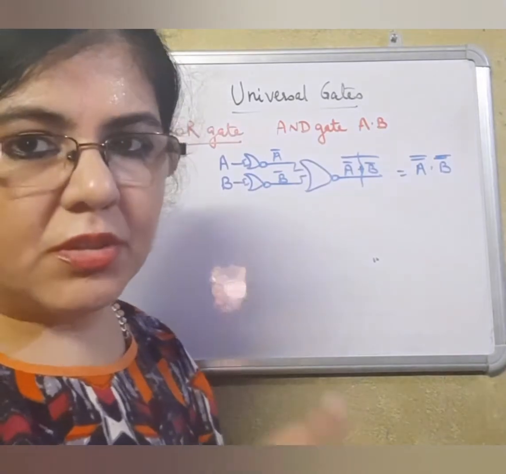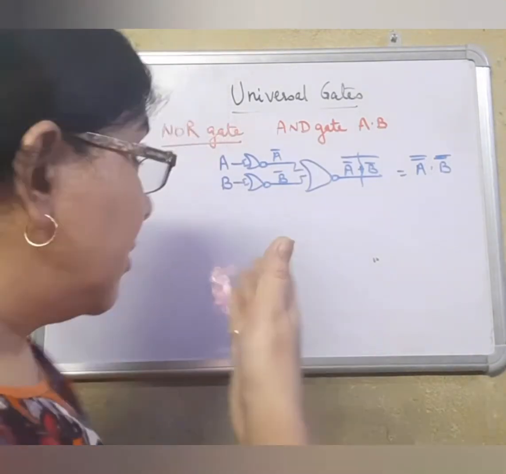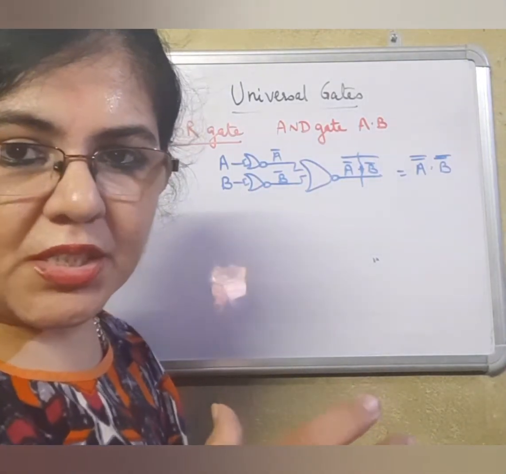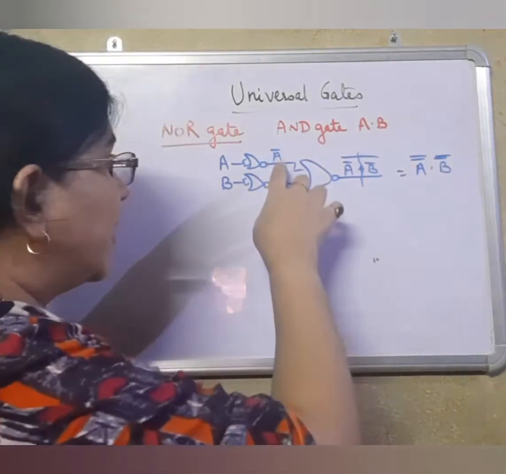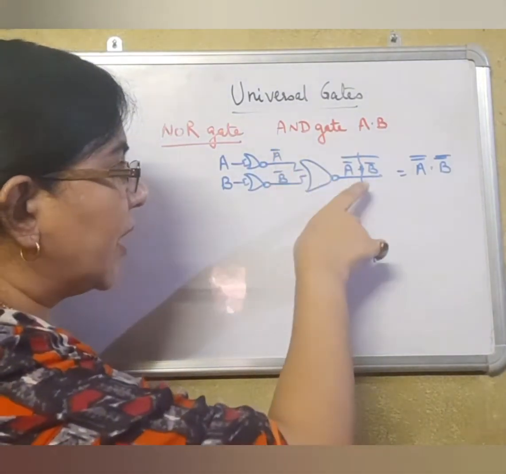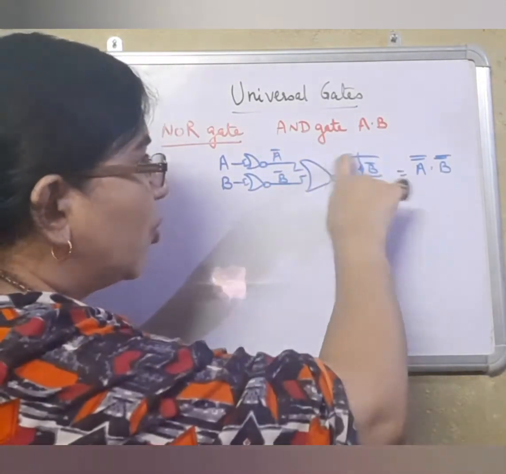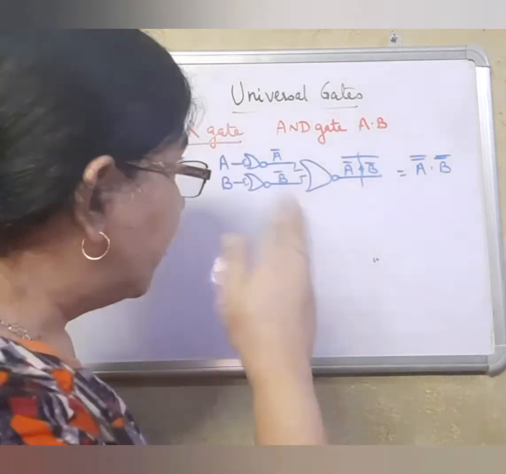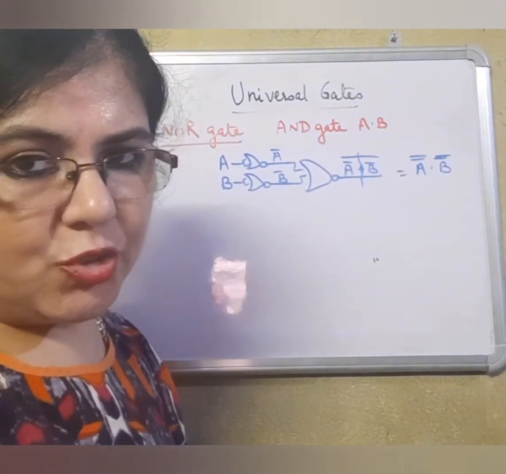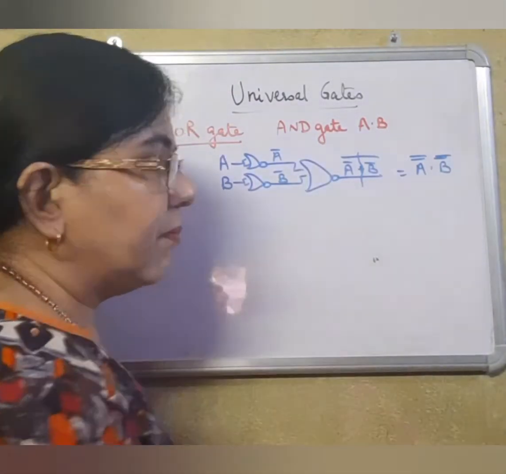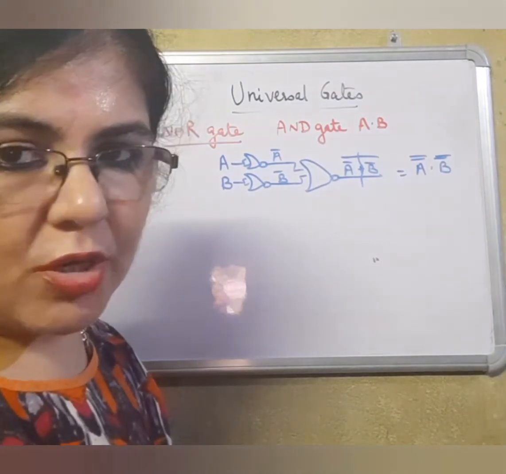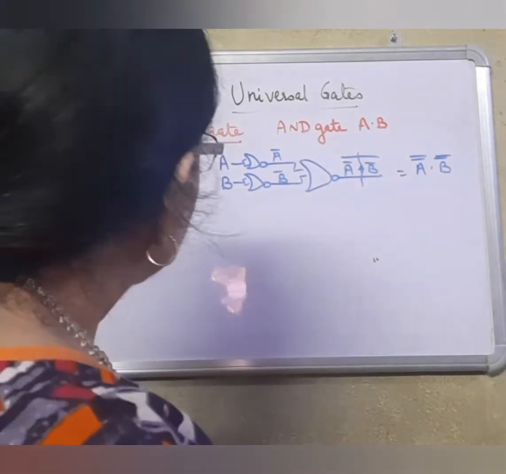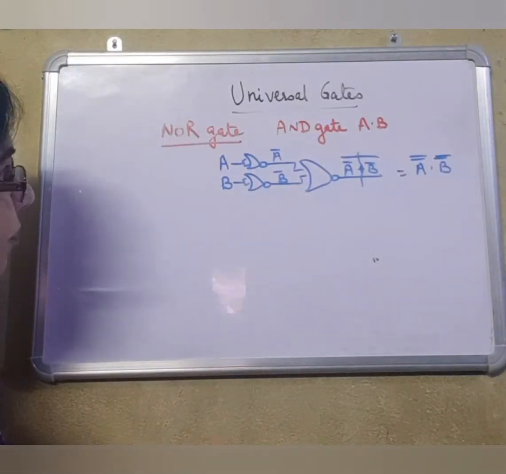So if a dot question is given to you to be made with NOR gates, you'll be passing A and B separately through NOR gates, so that they can turn into their complements. When they are passed through a big NOR gate, the whole bar by De Morgan's theorem will be broken, and the sign will change. So it becomes A double bar dot B double bar, which becomes A dot B, because double bars are cancelled by involution. Now let's look at how to make OR gates.